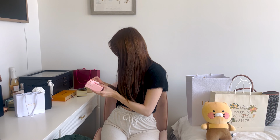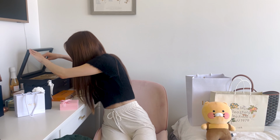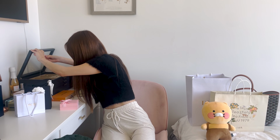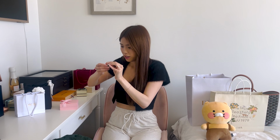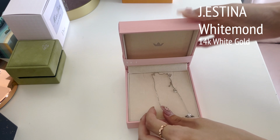Okay, this is another very, very popular Korean jewelry brand, J.estina. Love this brand as well. IU is the main brand ambassador for them, and she is like the prettiest singer in existence in my opinion. But this, oh, sorry, I actually took out the necklace because I had worn it already, but let me get this guy out. So I'll insert a close up here, but this is just a white gold with a